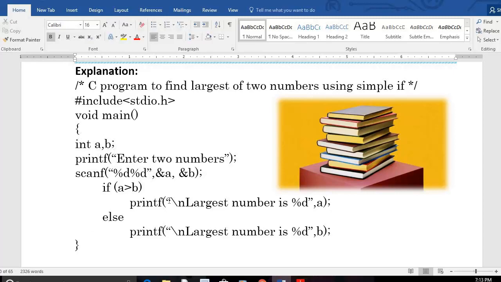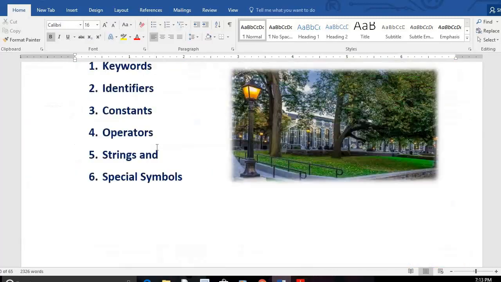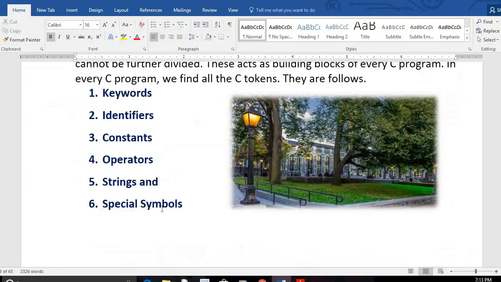Can we write C programs without symbols? Without symbols we cannot write C programs. In every program we find symbols. That's why special symbols are C tokens.